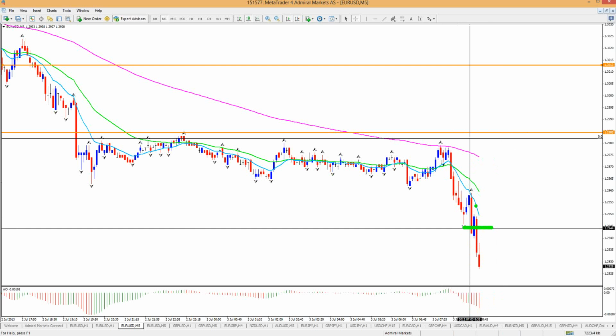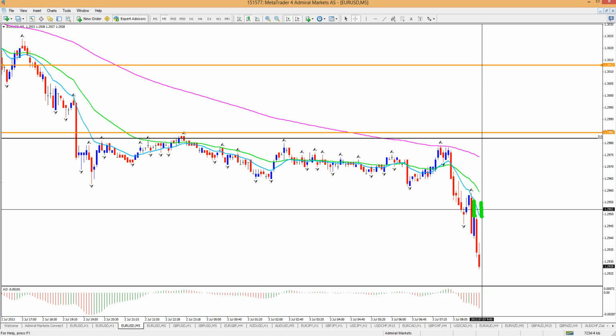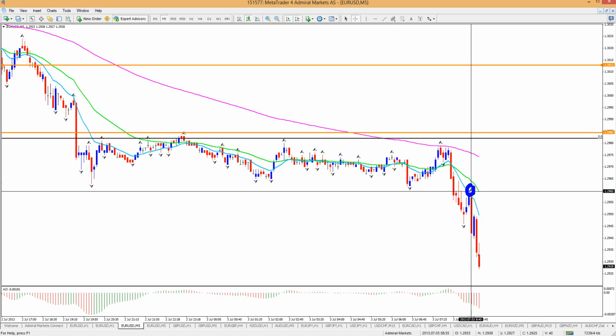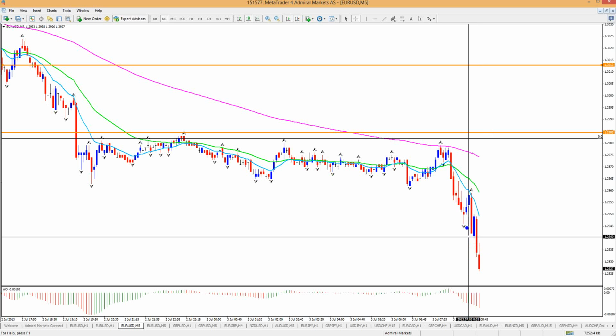I was waiting for a fractal here, remember? But when we broke, we didn't have a fractal yet because we didn't have a high here yet. Because it broke that fast, normally you have more time. You have 2 candles here, you have a fractal, and then you can place the order. I didn't realize that if it breaks that fast, of course we have the fractal here, but only 10 minutes later, which means 5 minutes ago when we closed here, but then we were already too far to actually place it. So I didn't think about that.